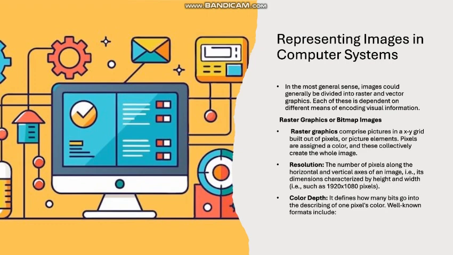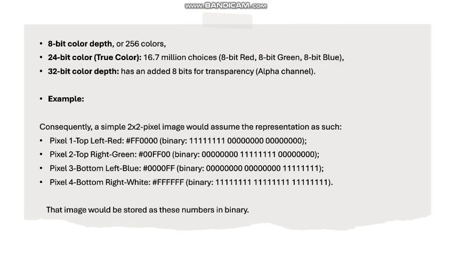Next one is resolution: the number of pixels along the horizontal and vertical axis of an image, its dimensions characterized by height and width. Color depth: it defines how many bits go into describing one pixel's color. Well-known forms include 8-bit color depth,